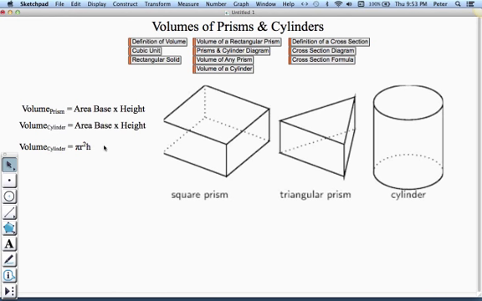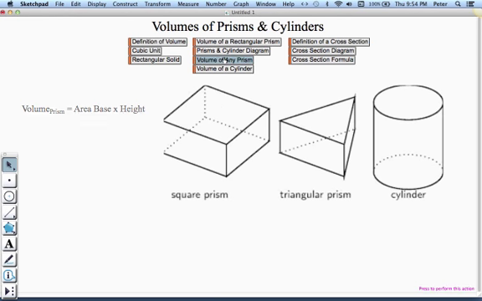Alright, so now you've been given the volume of a prism and the volume of a cylinder. Make sure those are in your notes in a separate sheet so that you have them separated so they're more easily memorized. All right, let's take a look then at this one last concept in this section, and that is